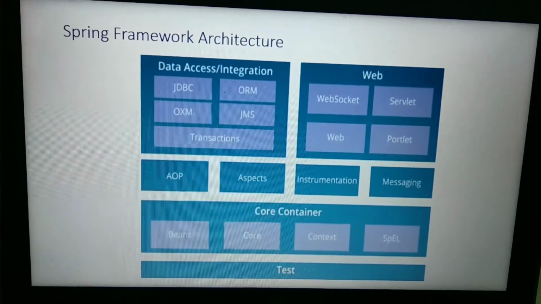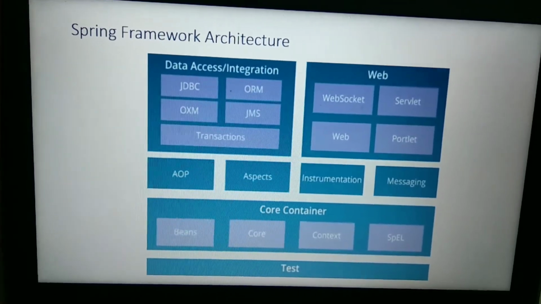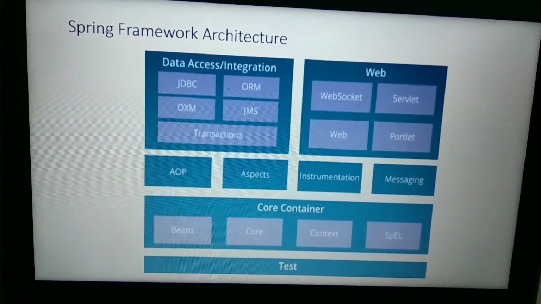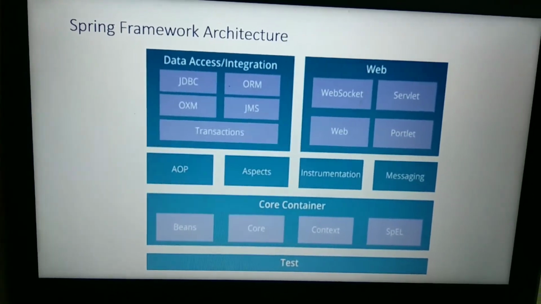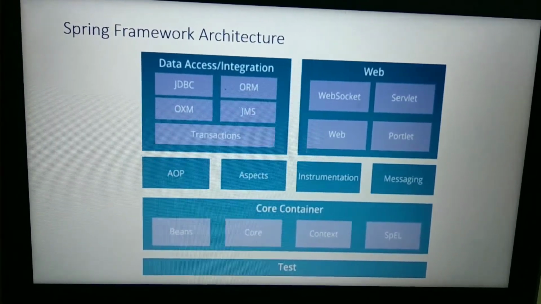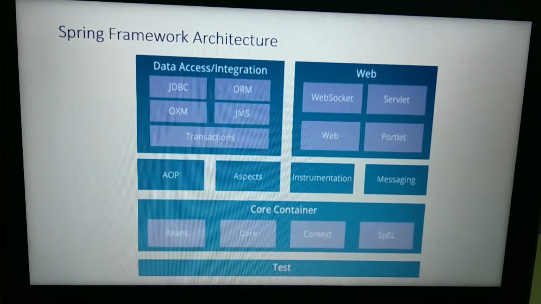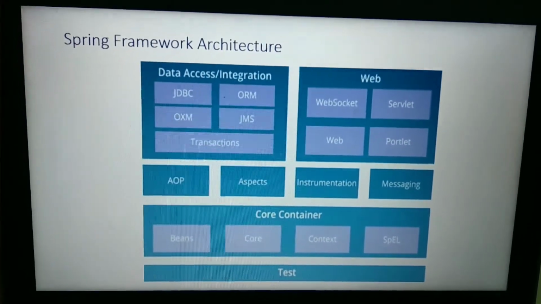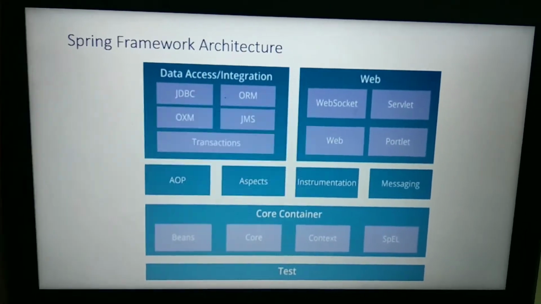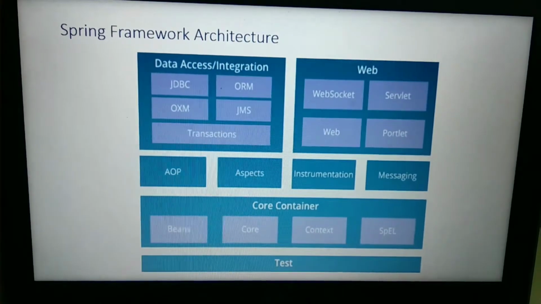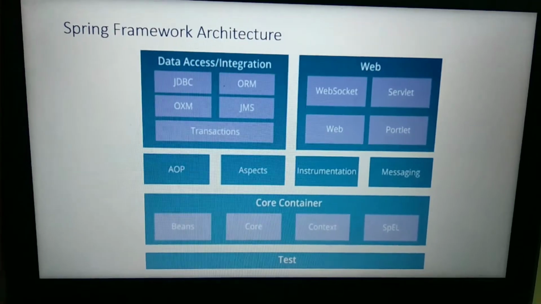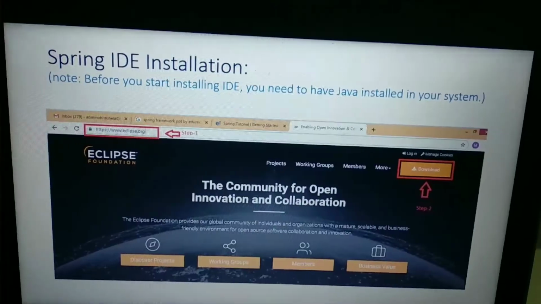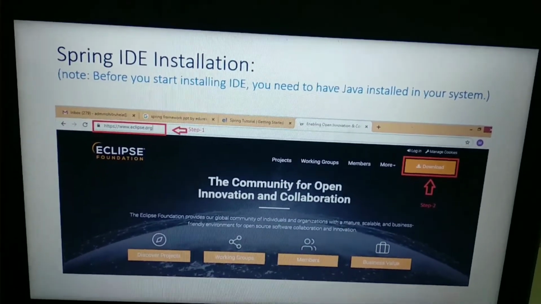Moving on, we have the data access integration layer, in which we deal with JDBC and ORM, basically the backend part. Thereafter, we have the web module, in which we will learn how to write web MVC applications, for example servlet, portlet, WebSocket. Okay, now we will start some coding.